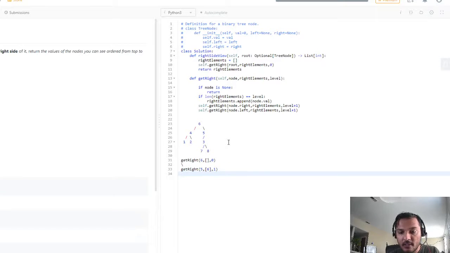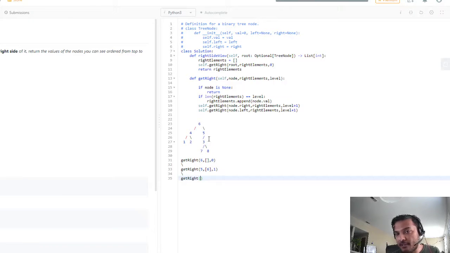So from here we call get right. Now, what is to the right of 5? There is nothing, right? So I get a null, and then this is 6 and a 5, and then my level is 2. Now, because it's a null, this condition is triggered and I return out. So now I go back